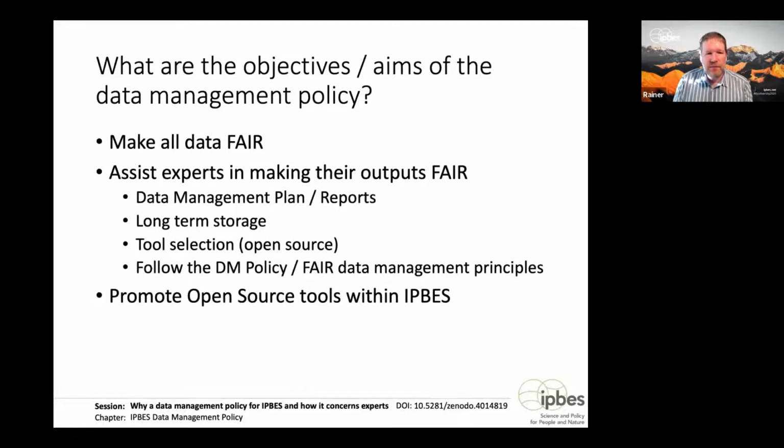To assist experts in making their outputs FAIR and to provide a framework that enables experts to write data management plans and reports, to provide a framework for long-term storage of the data, for tool selections, and to follow the data management policy in general. And last but not least, the data management policy aims at promoting open source tools within IPBES itself.